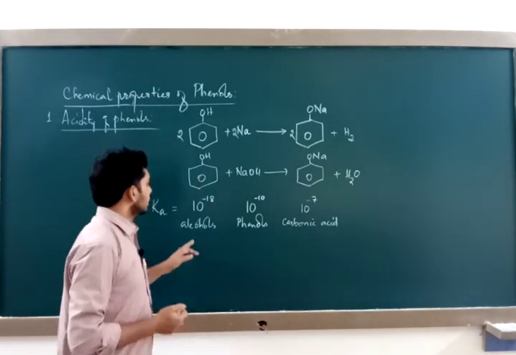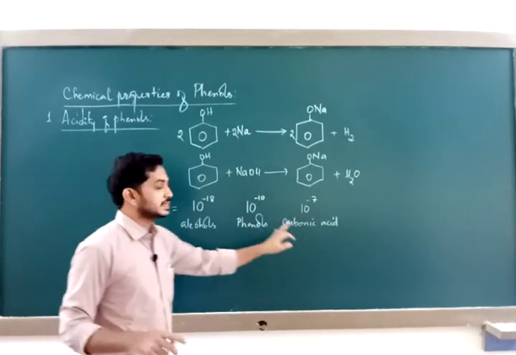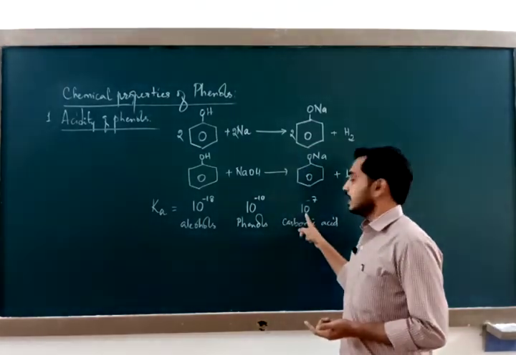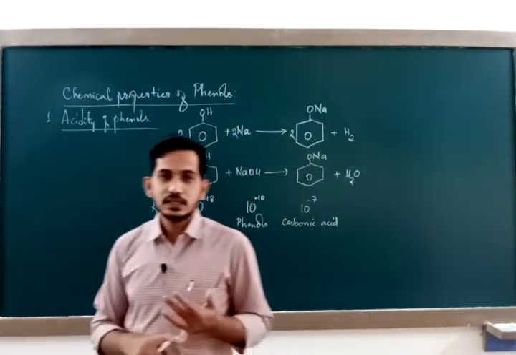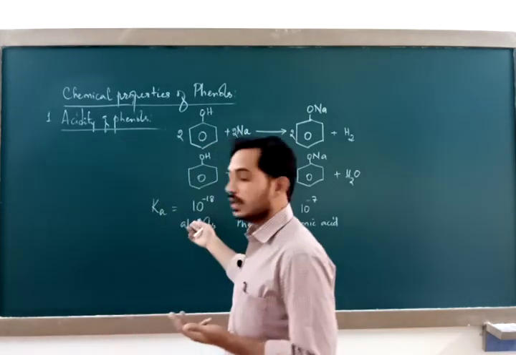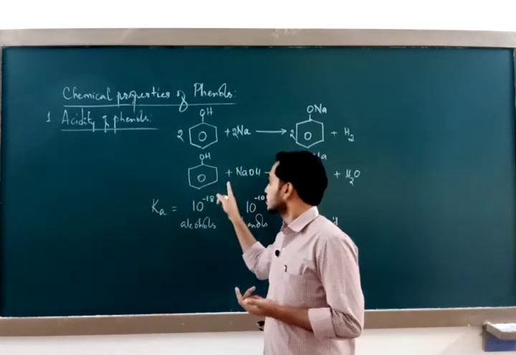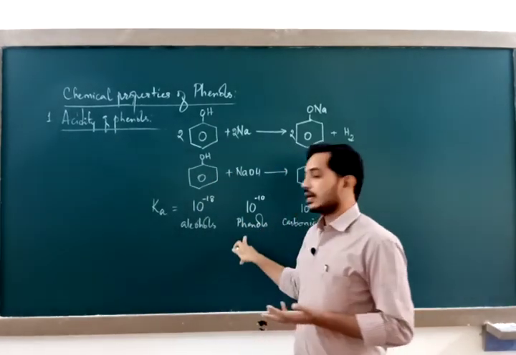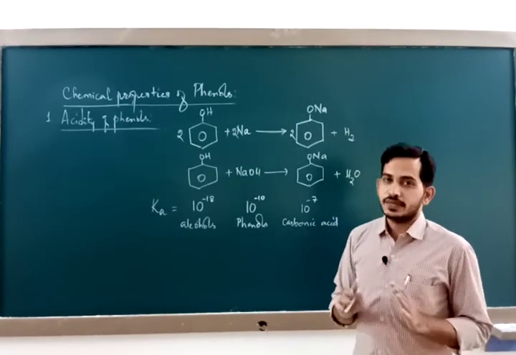Okay, so compared to alcohols, phenols are stronger acids. However, phenols are weaker acids than carbonic acid. This is because carbonic acid's Ka value is 10 to the power of minus 7. Understood? So alcohols are weaker acids. They are weaker acids because they do not react with sodium hydroxide and also based on their Ka values. Phenols are stronger acids than alcohols because phenols also react with sodium hydroxide along with sodium metal. Also, phenols' Ka value, dissociation constant value, is higher than alcohols. However, phenols are weaker acids than